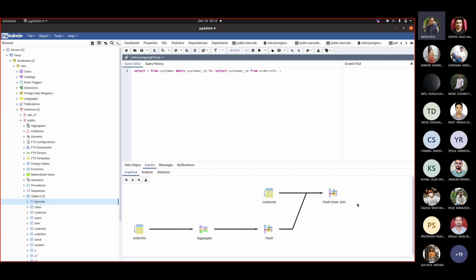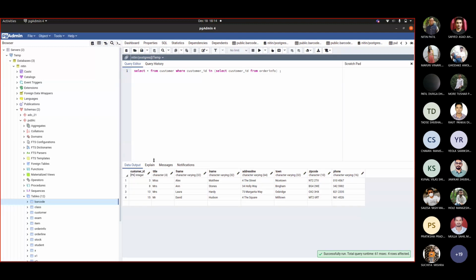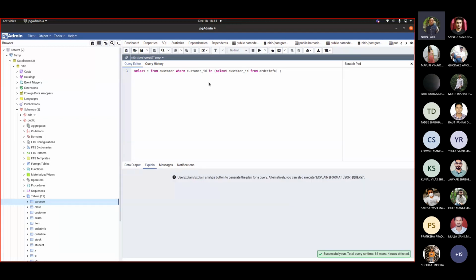Okay, then hash. See this notation. I used to give this as an MSc project to students earlier. What they were supposed to do? They were supposed to see the text plan. When I fire this, for example, I get this plan, depending upon the query I wrote. So I should write explain here to see that plan.